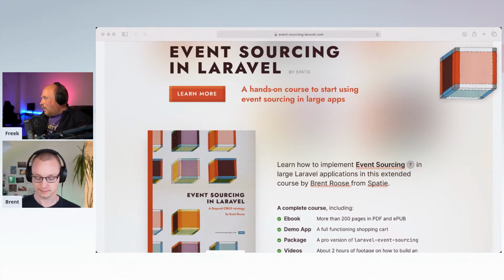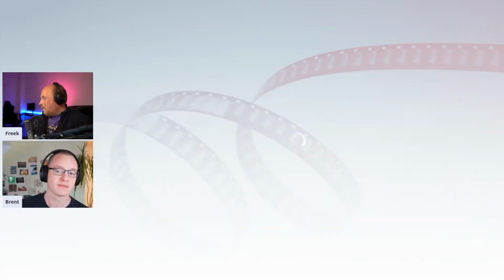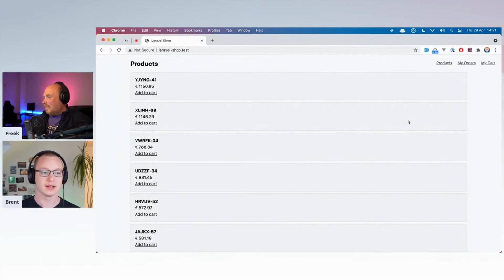Okay, Brent, I'm going to share your screen so you can see the application. Here we go. Okay, great. As you can see, this isn't styled yet, of course. That's one of the last things we still need to get in place. But luckily, we've got Tailwind and my awesome front-end skills, and this is what I came up with.